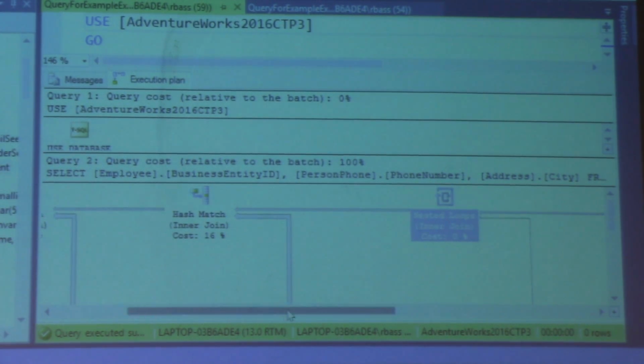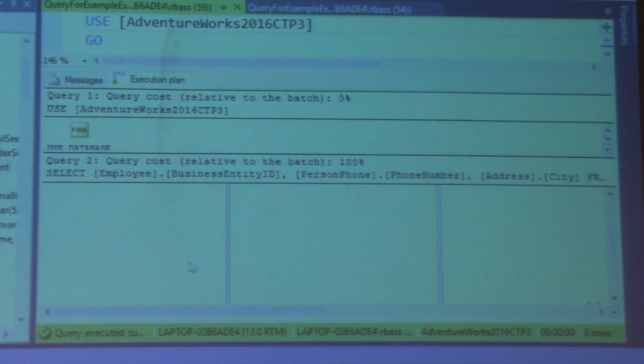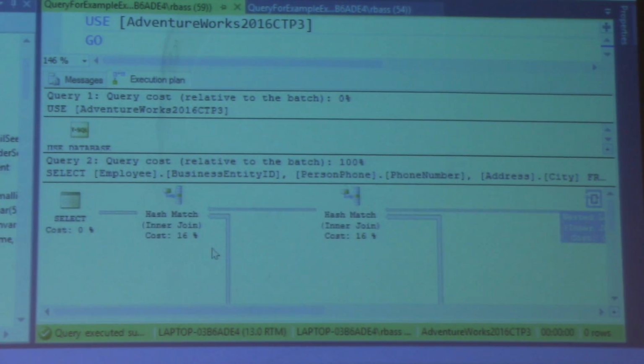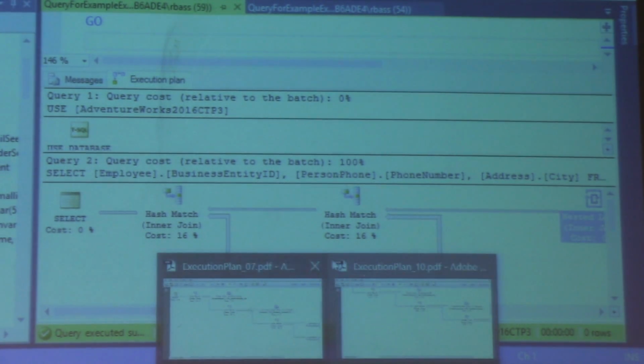And finally, the last join. The last join is done with address, with the hash match, and select it out. So this was it. Great. Okay, now let's do some work on